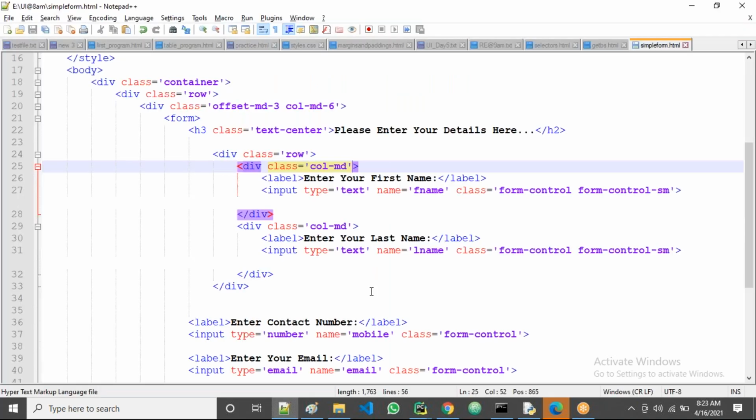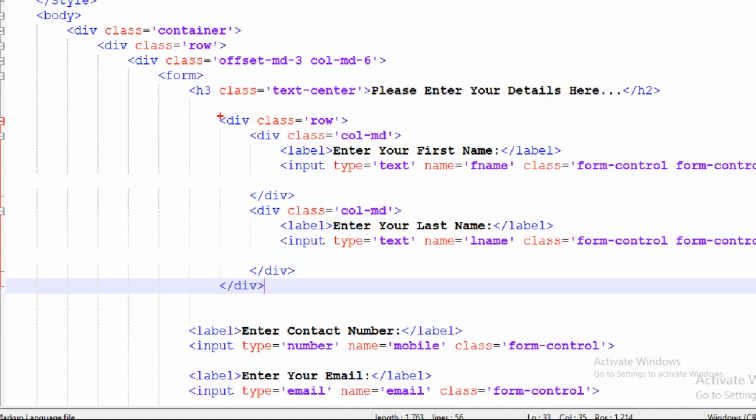Now all of you observe, see, this is the one row. In the sub row, there is one column division, one more column division. If I take one more column division, I'm taking 3 columns, guys, for first name, last name, and email. I'm taking 3 in a single row.